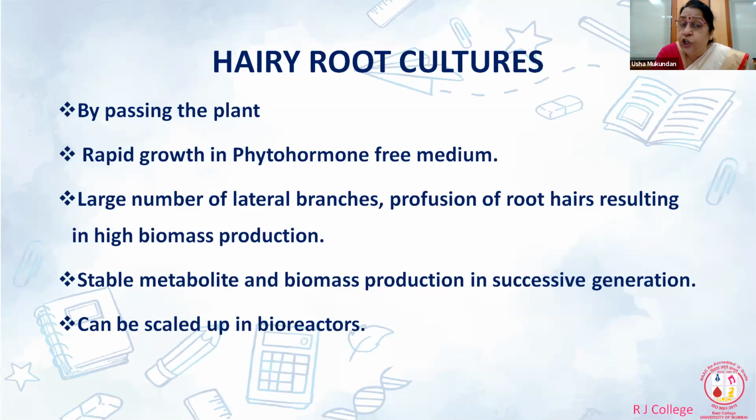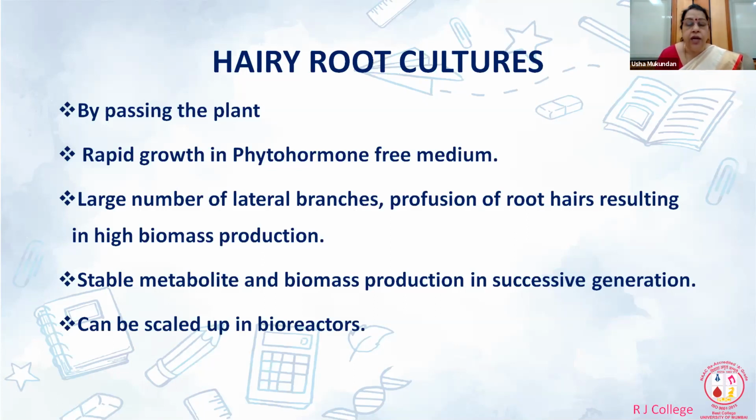What do you mean by a generation? Say I've grown the roots for 15 days. Then you saw yesterday in the video that it was subcultured. So that will become the first generation. Again, it will grow to form a mass of root. Then I will take a little bit and subculture it again. So I get the second generation. In that manner, every 15 days, I'll have a generation. So in a month, I'll have 2 generations, and in a year, I'll have 24 generations. Is that clear? Even after that many generations, the metabolite that I'm looking for remains stable.